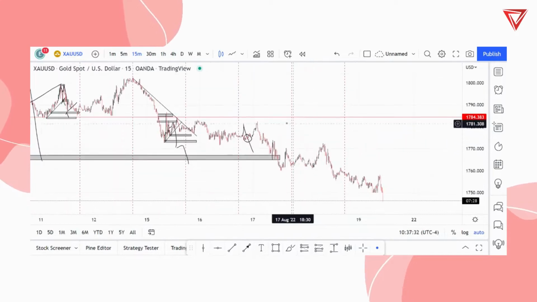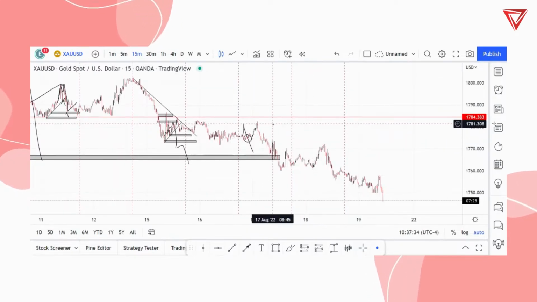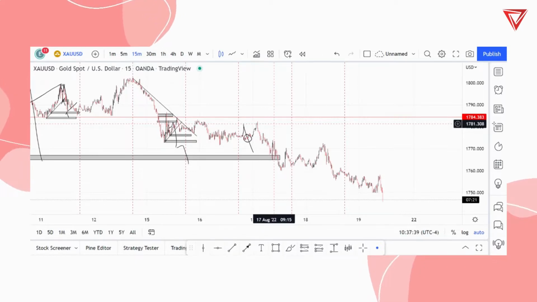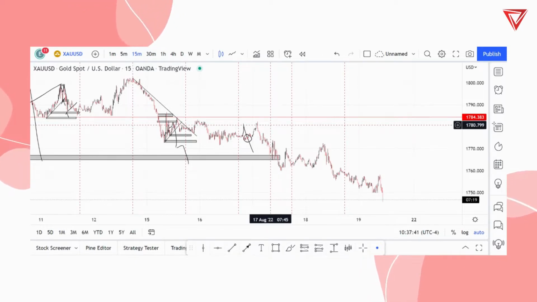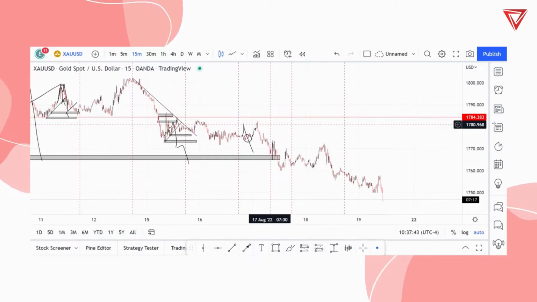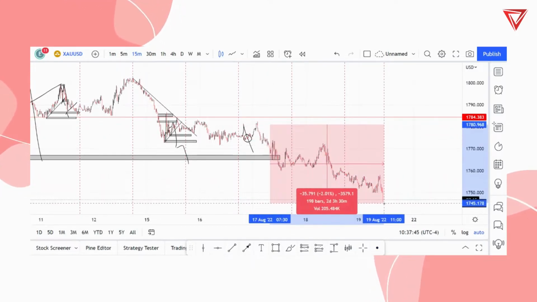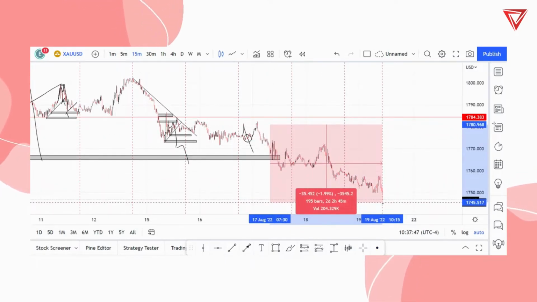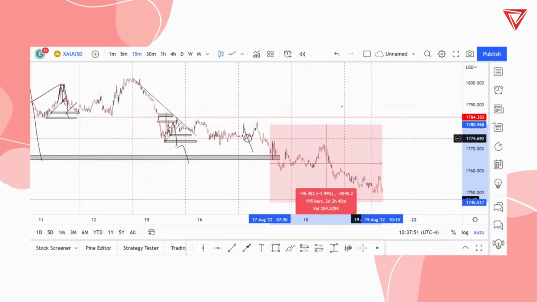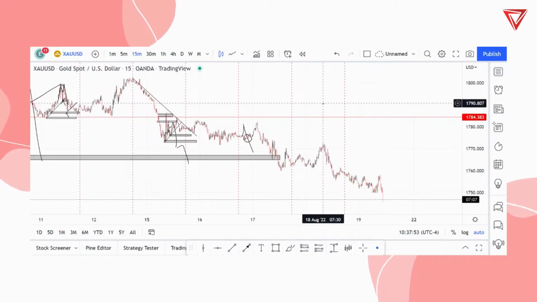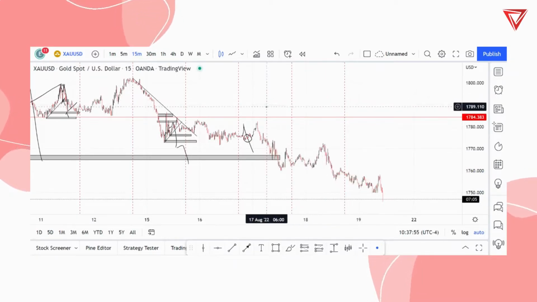Gold, had you got an entry off of this area here, let's just say you did. And again, everything here is speculation because that's what trading is. It's educated speculation. Had you got an entry off of this, it is a 300 plus, 350 pip move in 3 days. So this week alone, the analysis amounted to well over 1,000 pips.